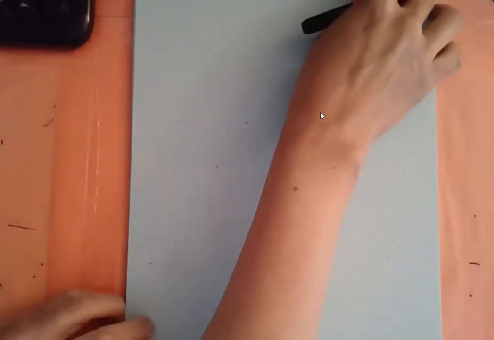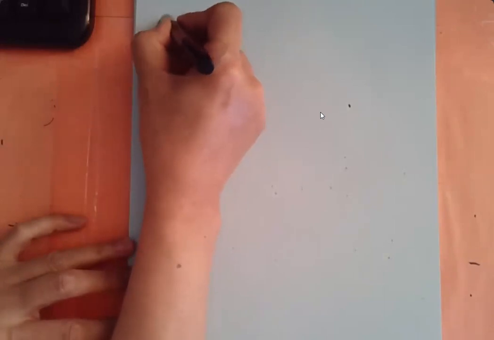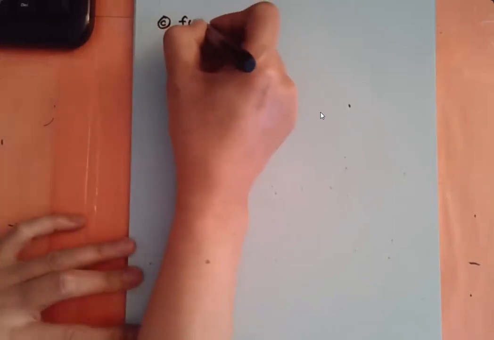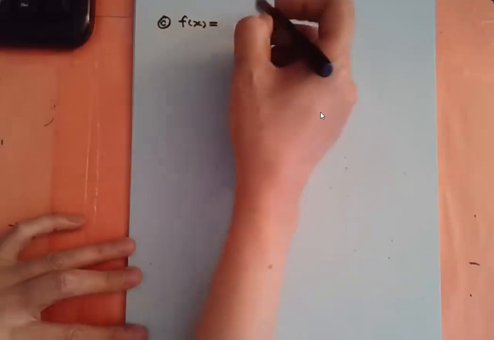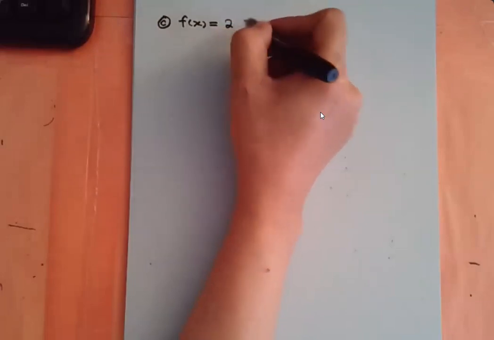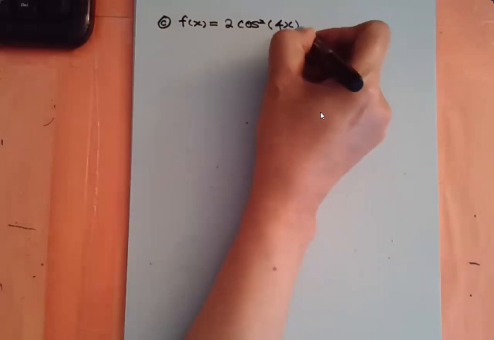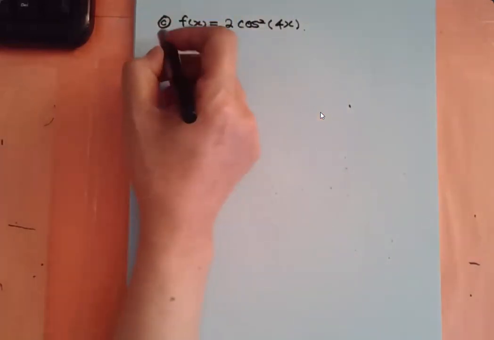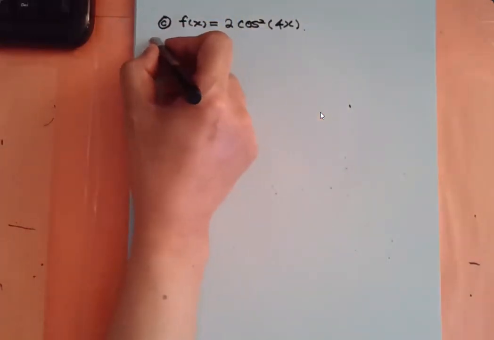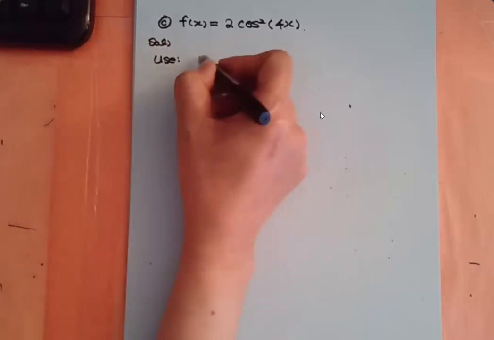maybe a little bit more complicated, but we think about the integral technique when we approach this. There's something similar to integral technique, even if we don't use integral technique here. The problem is f of x equals 2 times cosine squared of 4x. What we will use will be,